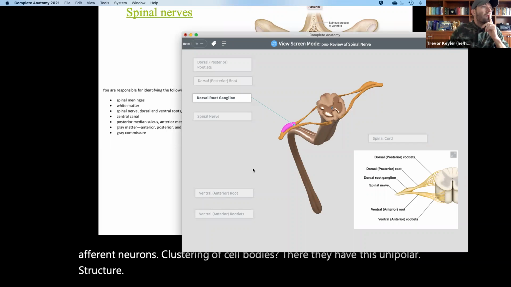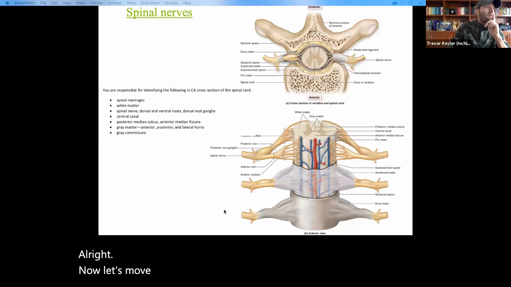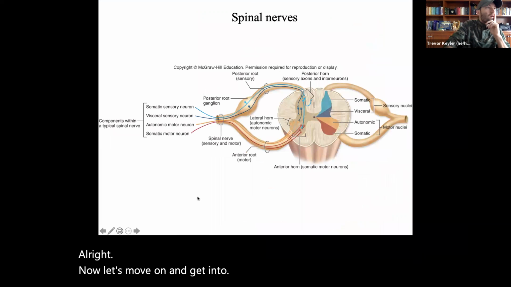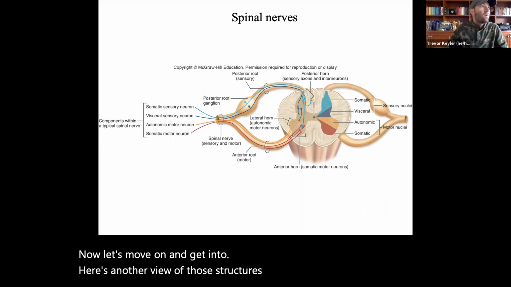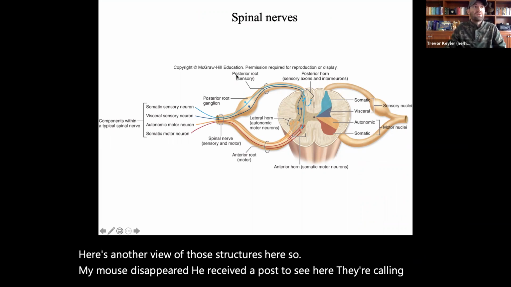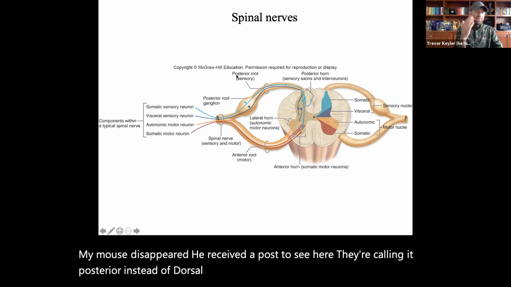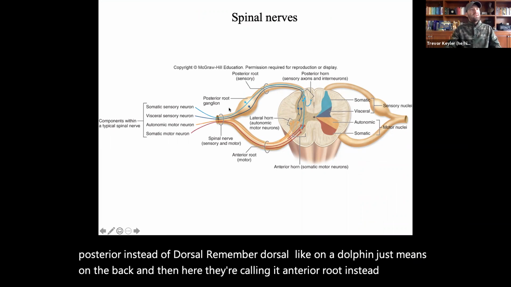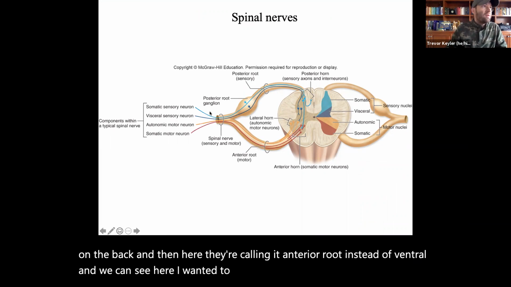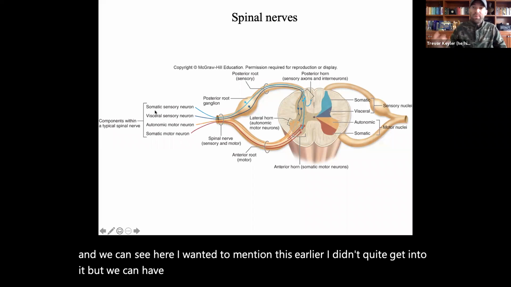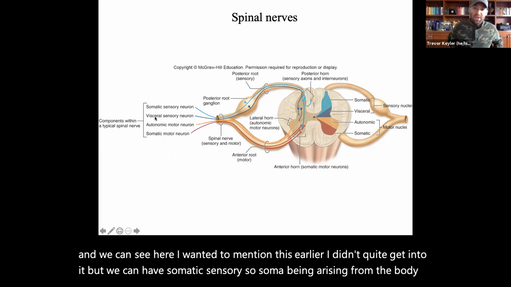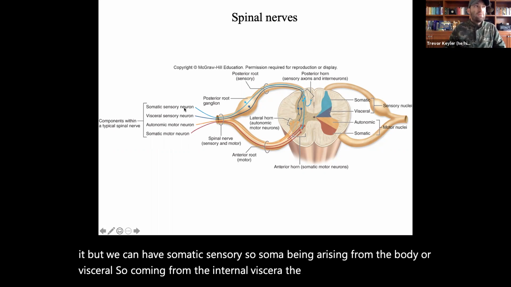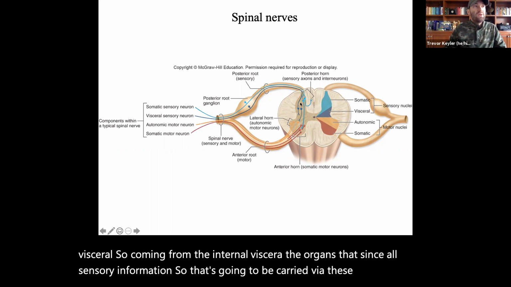All right. So now let's move on and get into, here's another view of those structures here. So the mouse disappeared. Here we see that posterior. See here, they're calling it posterior instead of dorsal. Remember dorsal fin, like on a dolphin, just means on the back. And then here they're calling it anterior root instead of ventral. Okay. And we can see here, I wanted to mention this earlier, I didn't quite get into it, but we can have somatic sensory, so soma being arising from the body, or visceral, so coming from the internal viscera, the organs. That's all sensory information, so that's going to be carried via these afferent neurons into this posterior